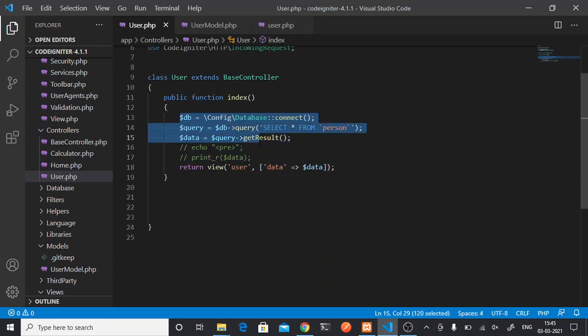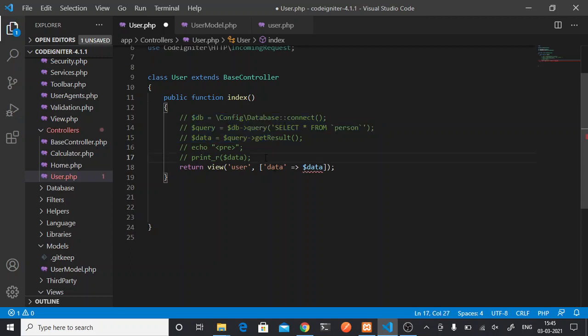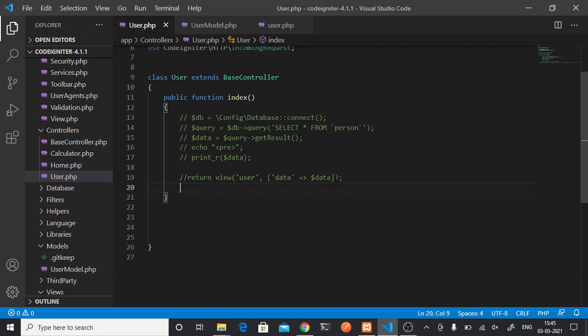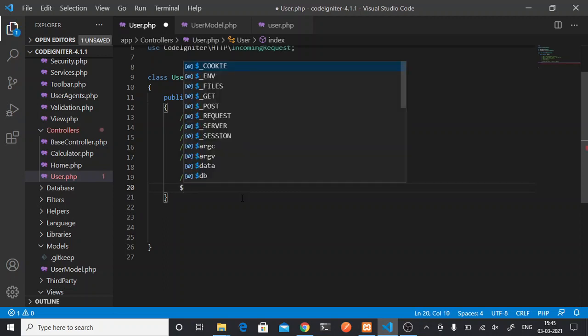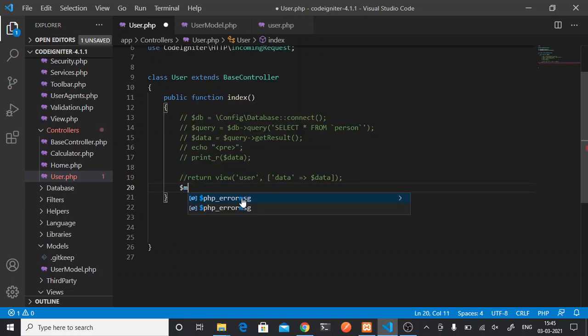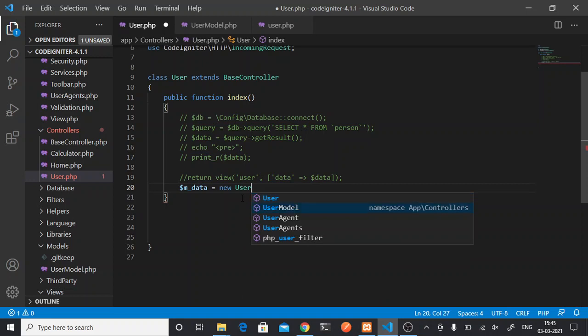Now I'll comment. Here you will have to make a new instance of that object. So in the index method, you can say $model. You are getting data from the model. So $mdata = new UserModel.